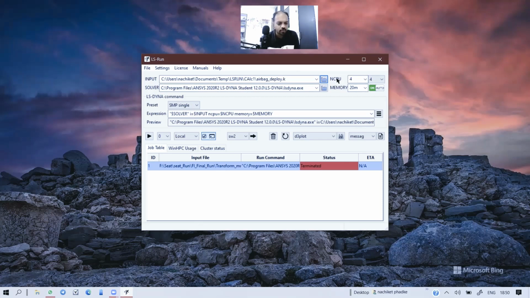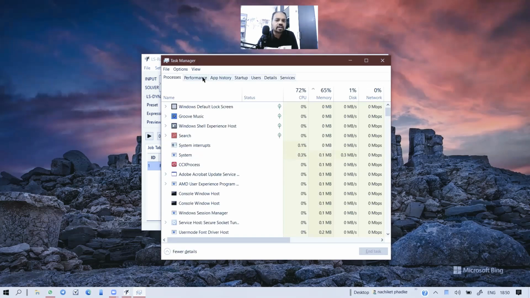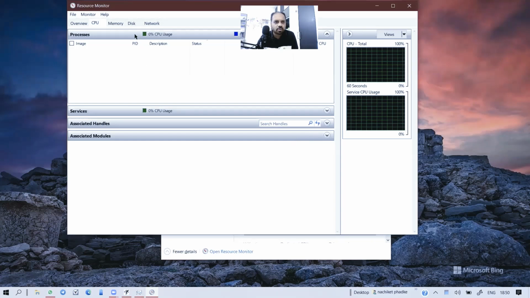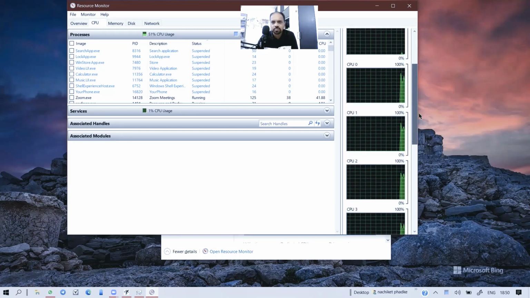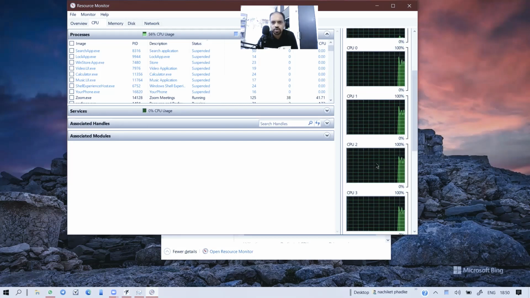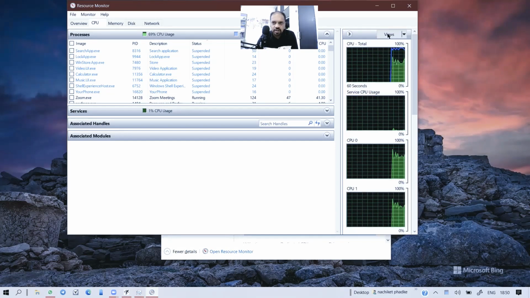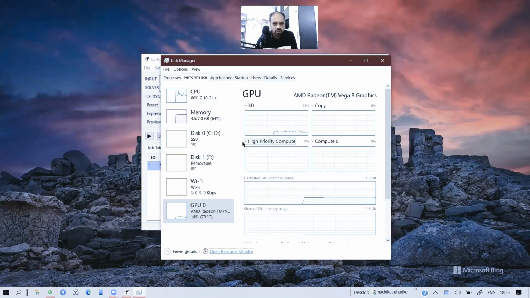So all of you know, if you press Shift Control and Escape, you will get how many CPUs your computer has. If you go for performance, if you go for advanced or open resource monitor, you will actually see the number of CPUs here. Now my machine is an AMD Ryzen machine. It has CPU number 0, 1, 2, 3, 4, 5, 6, 7. So it has 8 CPUs. Similarly, you can easily find out how many CPUs your machine has. And that is also possible to check here.